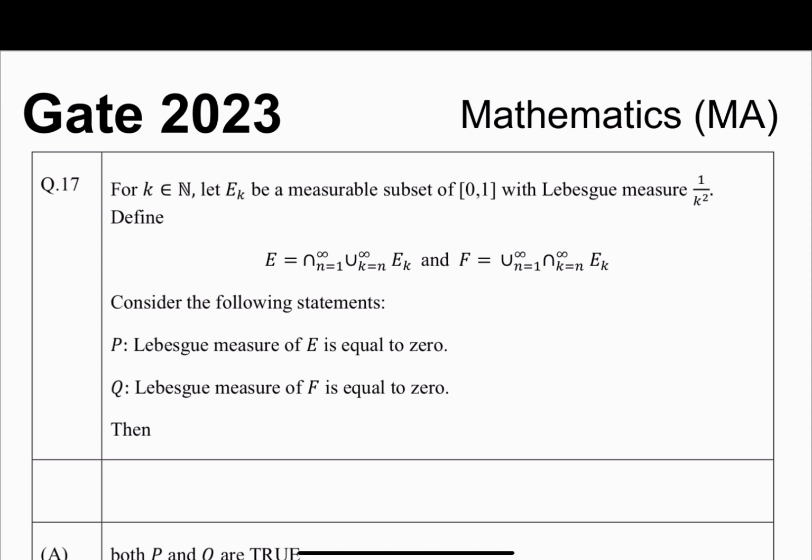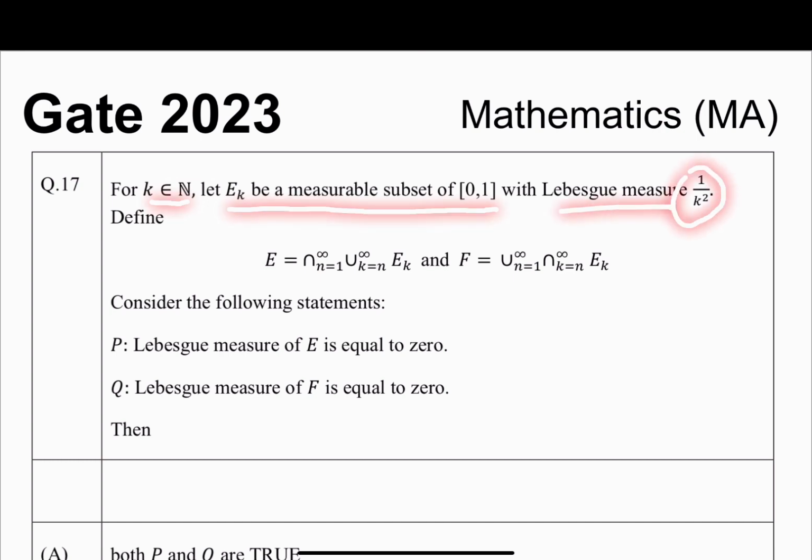Okay, so today we will solve GATE 2023 mathematics question. This is question number 17. It is a question from real analysis. What it is saying: for k in N, let Ek be a measurable subset of [0,1] with Lebesgue measure